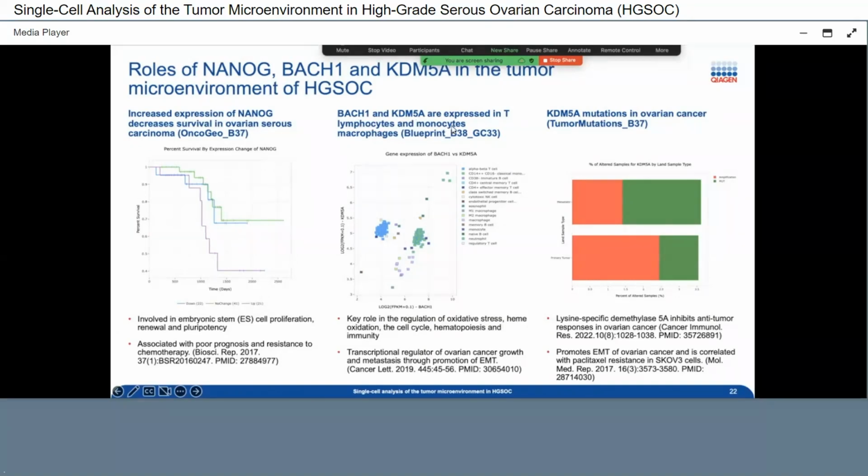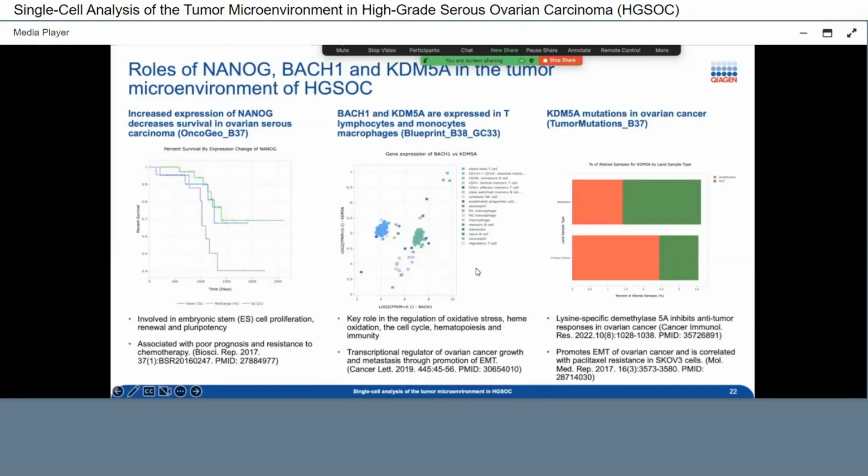Let's look at BAC1 and KDM5, and I wanted to see how these guys are correlated to each other, right? And in what type of cell they are expressed. So you can look at the expression of these 2 guys, BAC1 and KDM5A, in specific immune cells. Obviously, I choose again the blueprint, which is hematopoietic stem cells, malignant or not. I selected the normal situations here. And here it's a color code of all the cells, but let me tell you, you have mainly monocytes and mainly lymphocytes. And this is based on the log2 transform of expression of BAC1 or KDM5. Basically, these guys are highly expressed in both types of cells.